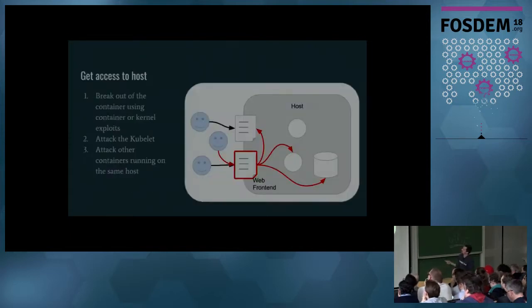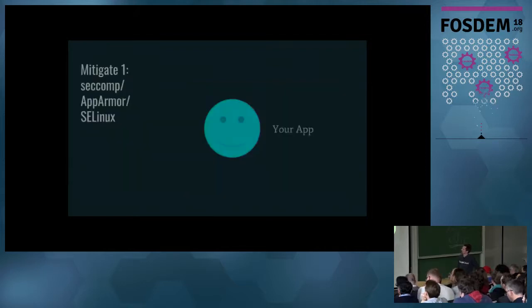This type of thing, getting access to the API server. So once you've blocked off access to the API server, you've locked that down. Another thing that you might try to do if you were an attacker would be to break out of the container and then try to get access to the host and take over the host, maybe attack other containers running on that host, maybe attack the kubelet running on that particular server. And so those type of things you can mitigate a little bit better